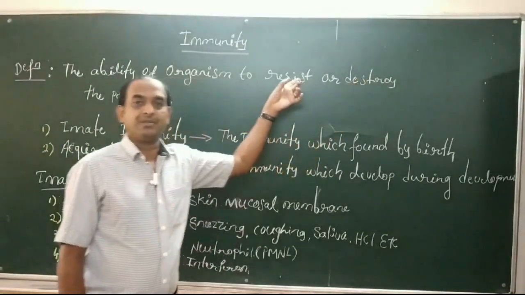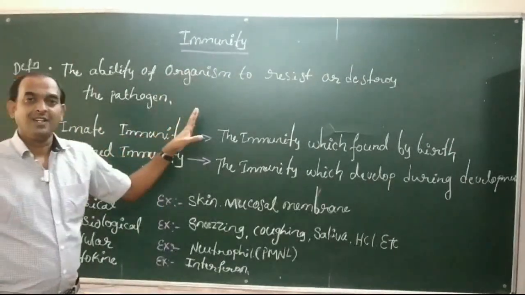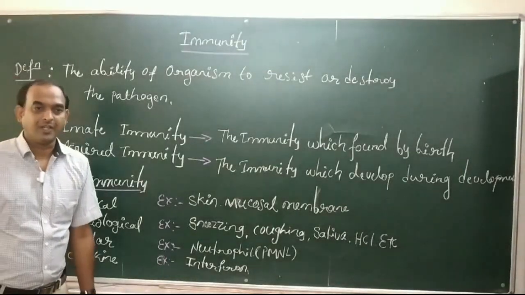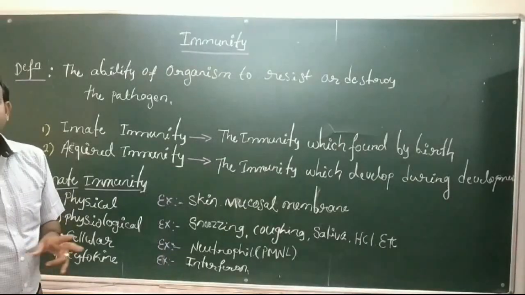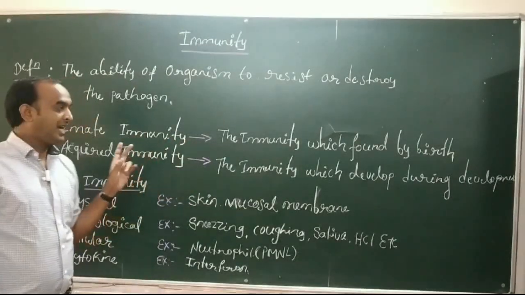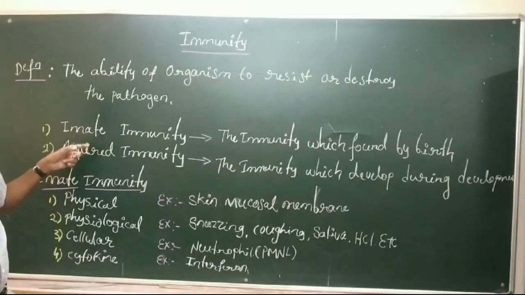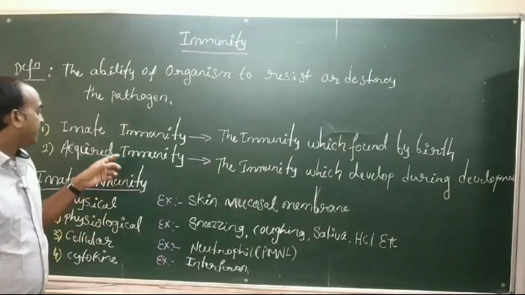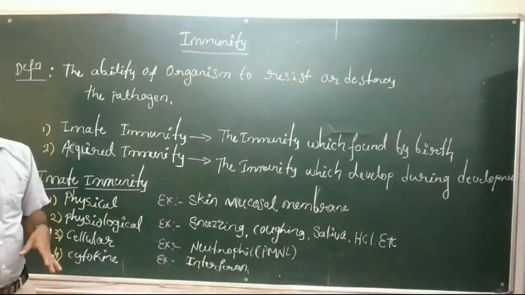So this system, or this mechanism, we call immunity, or also the defense system. Now, immunity has two types. One is called innate immunity and one is called acquired immunity. First we'll focus on innate immunity. So innate immunity means